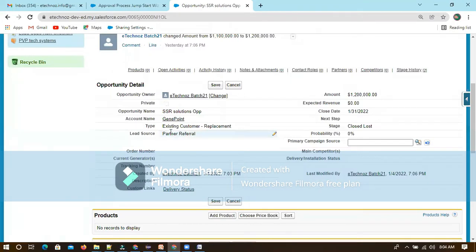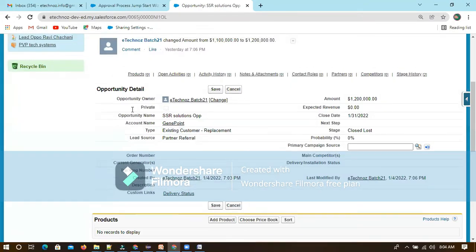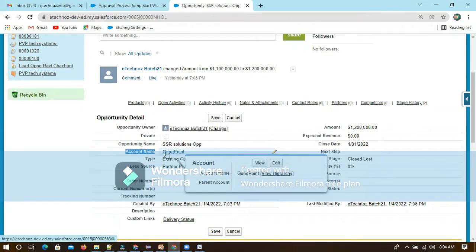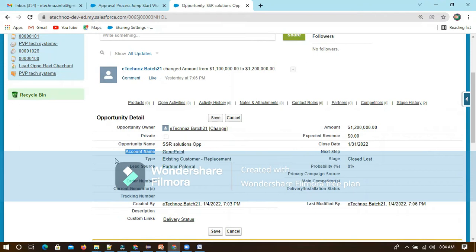And is there any other field we can check? Maybe we can check the account also, because we are very much interested. We thought that with this account we would get a good amount of opportunities for the company. But now they are trying to close this opportunity. So we want to track what happened with this customer. He is already a satisfied customer, but now he doesn't want this opportunity, he doesn't want the business to continue. So the manager wants to know the reason.